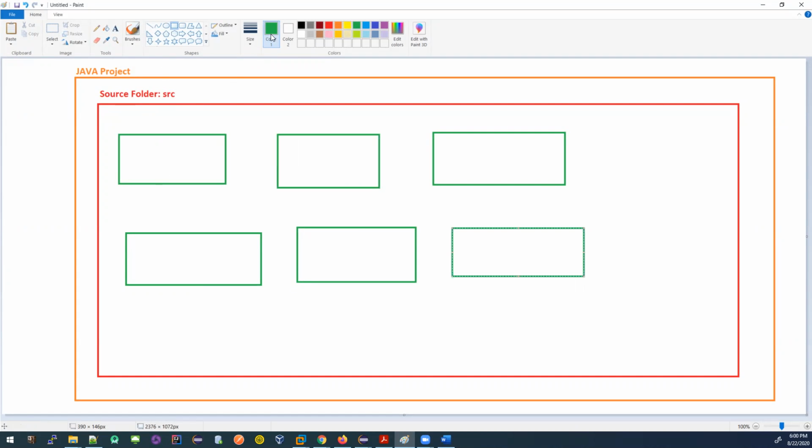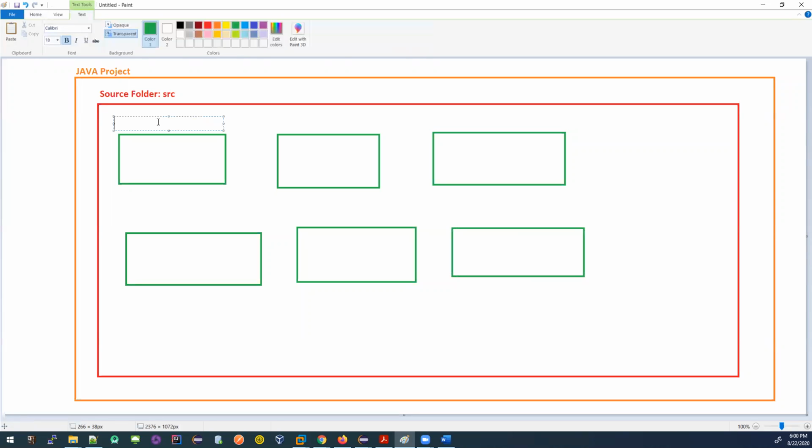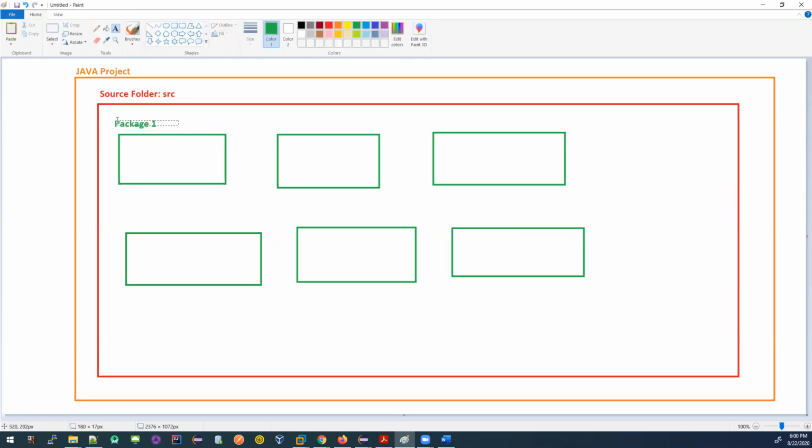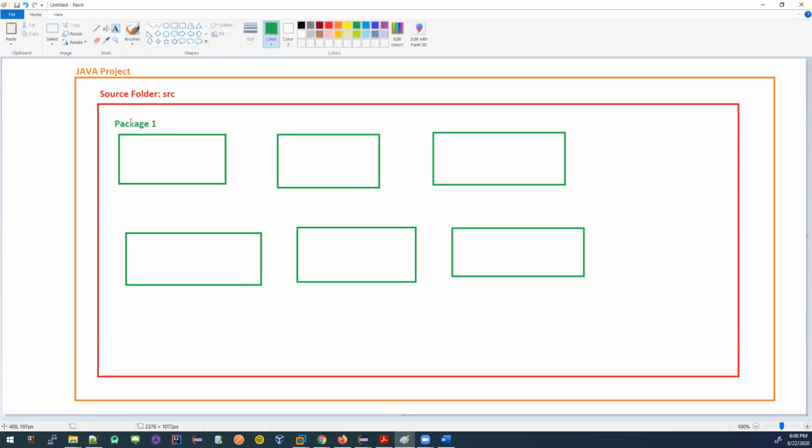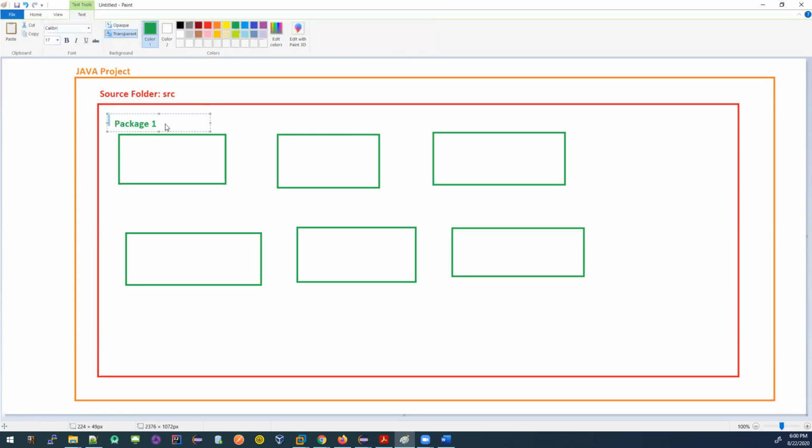Inside these packages, so let me write it down. Package 1, right?